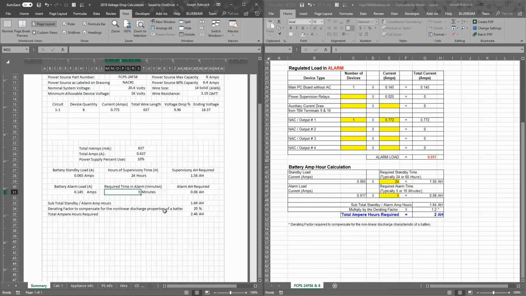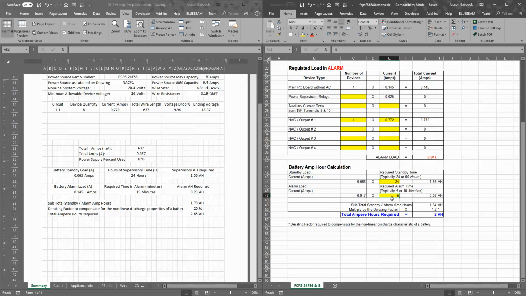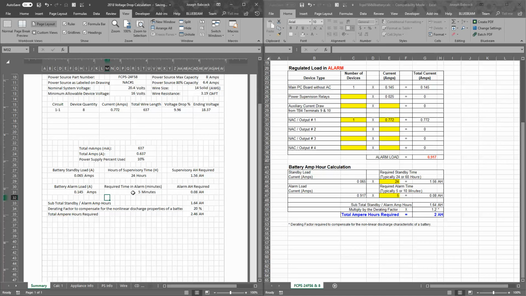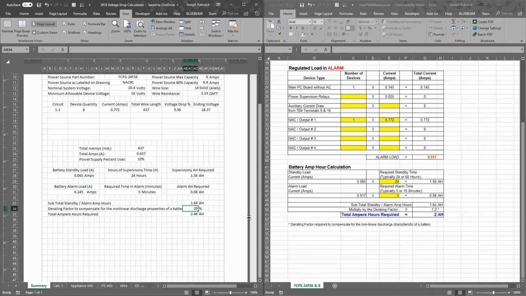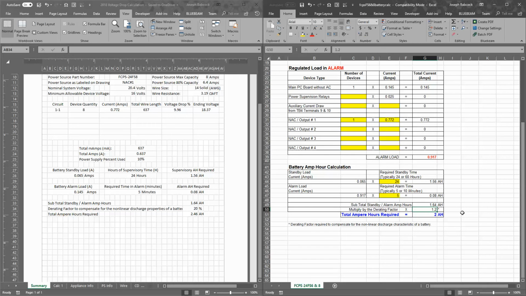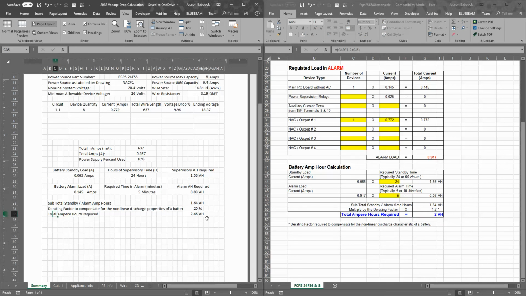So here I have minutes, we can make it 5 or 15. That adjusts similarly to the manufacturer's data sheet. We'll keep it at 5 minutes for now. We'll show our total standby current draws, about 1.64 amps. And then here I'd much rather use 20% instead of a derating factor of 1.2, which is 20%, but it doesn't explicitly say 20%. So then we have a total calculation of